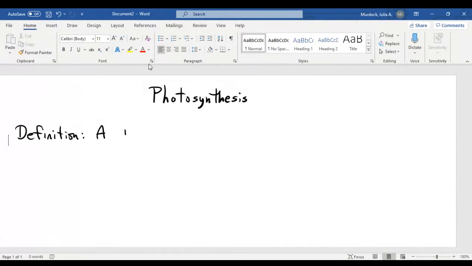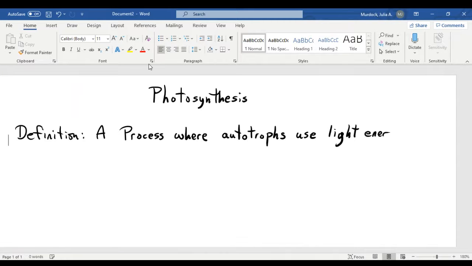This is a process, right? It is a process, meaning something that happens in a series of many steps. A process where autotrophs, and you should know what that word means, and if you don't, we will go over it. Autotrophs, which is any organism that can make its own food, use light energy, hence the term photo, right? Light energy